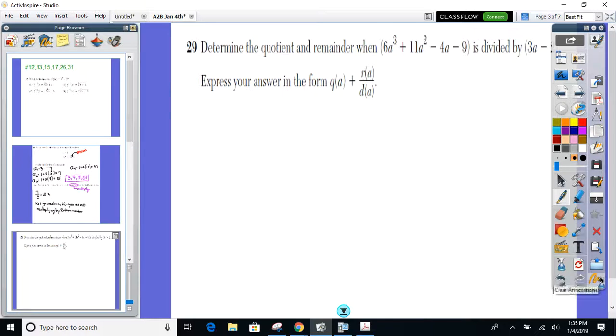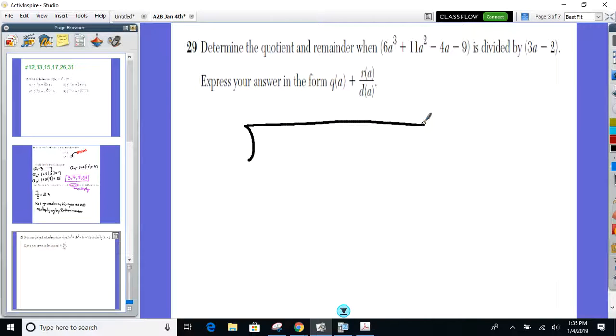And it's not too bad because it's only a 2-pointer. Do we know what I mean by long division here? Get the old, I'm going back to elementary school here, the old house. Inside goes 6a to the third plus 11a squared minus 4a minus 9. And on the outside,